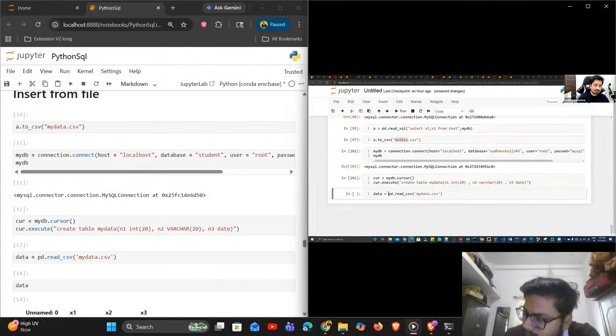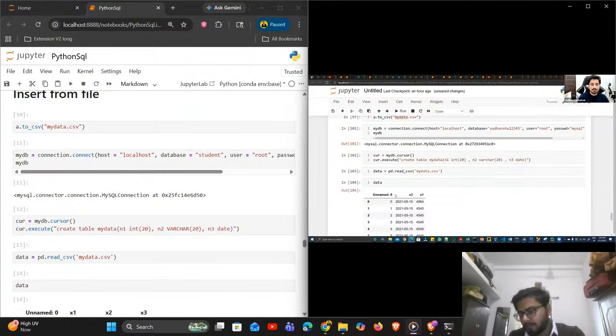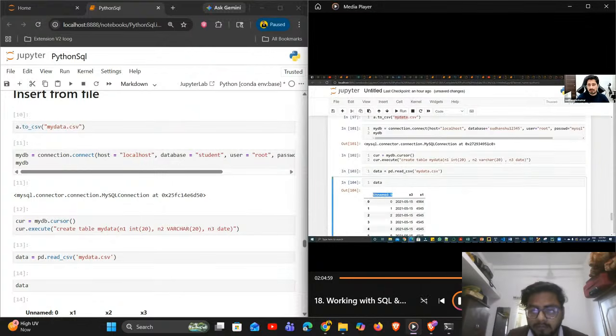Let me name this variable data. If I show you, this is my data, right? Okay, this is my data set, and I'll talk about this issue when I talk about pandas. So why are we getting this one when we have